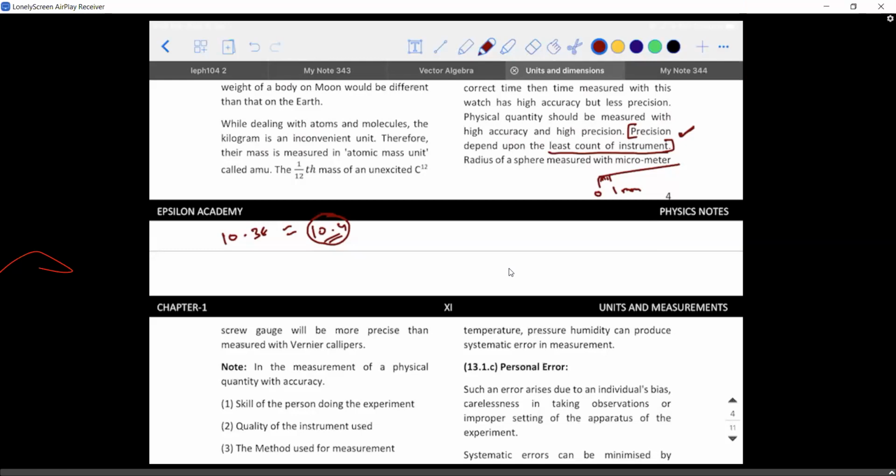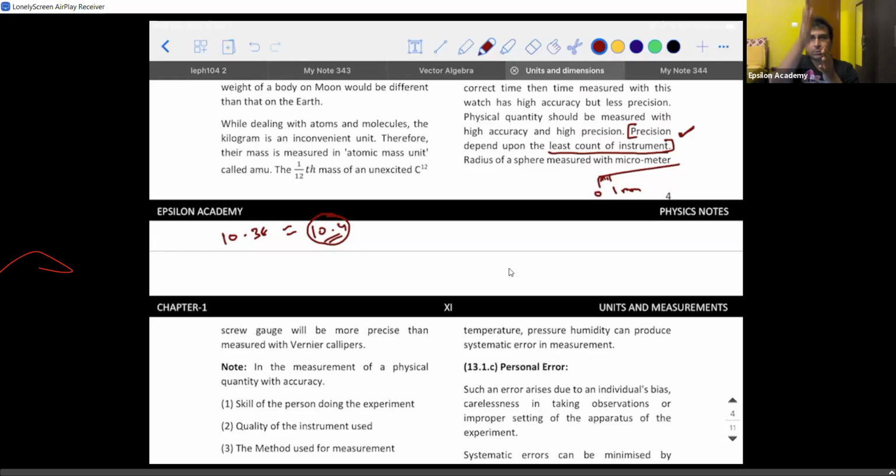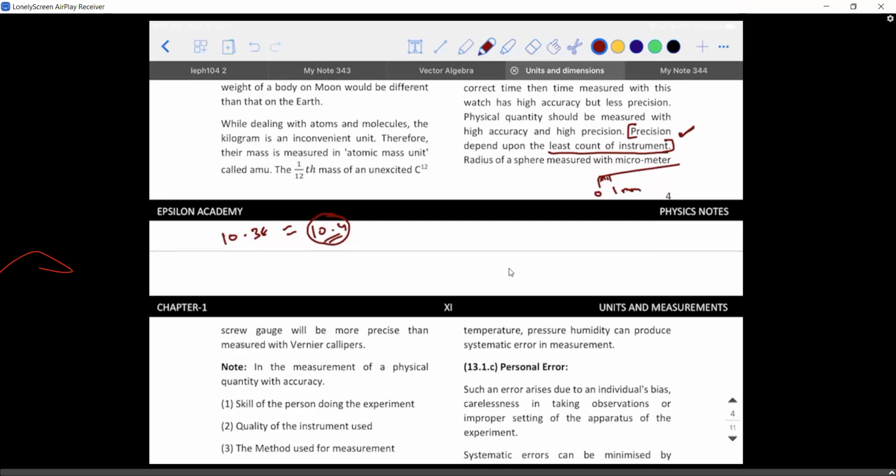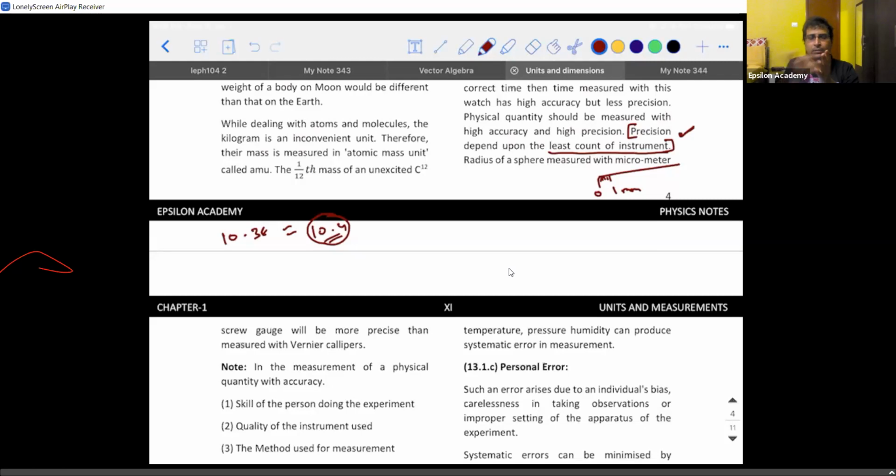So precise in the sense, what are you trying to say? Which one will have a perfect cut? Then the person with the knife. Right, obviously with a knife, because the spoon is blunt. It is not going to cut properly. When you try to press, the cake will start bending like this. You're able to visualize. Whereas when you take a knife, the knife will sharply go into this point.